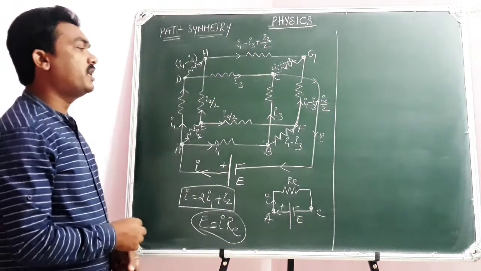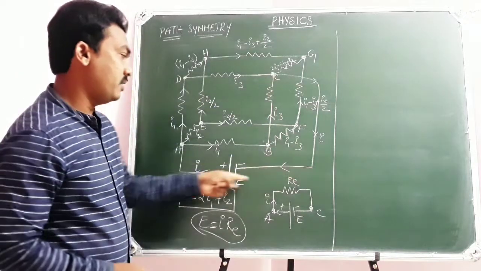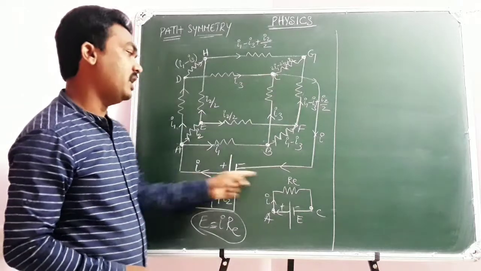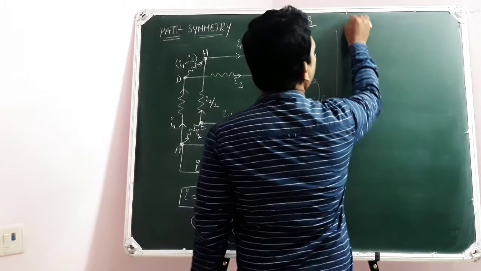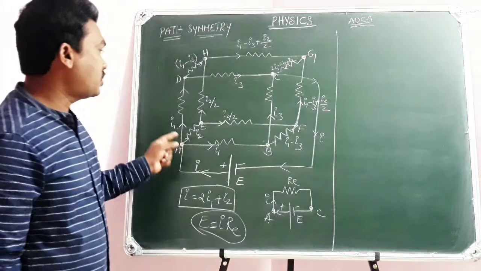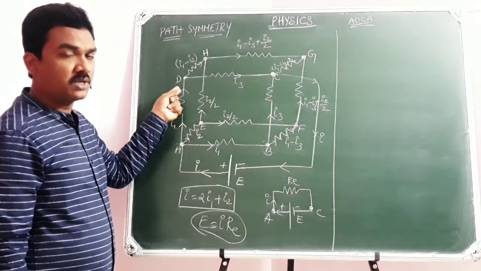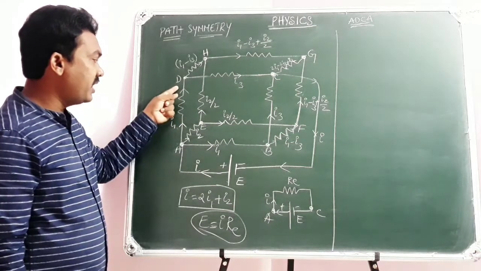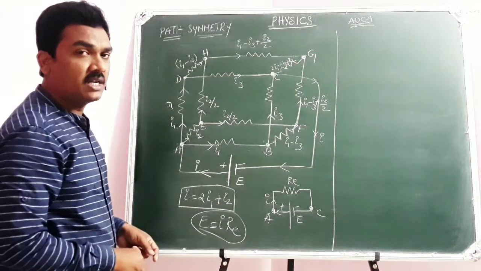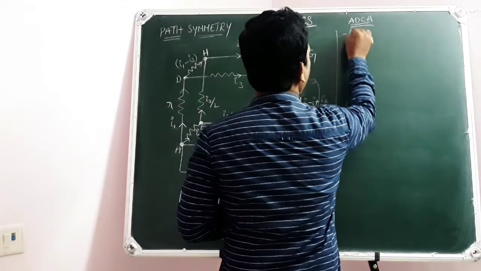So the first closed loop that I am going to take, A, D, C, A. Hope it is clear. A, D, C, A is the closed loop first I am taking. In that closed loop, direction of current is from high potential to low potential. So in the direction of current there is a potential drop. How much potential drop from A to D? I1 current through R resistance. Small r is identical resistance, I told you in the earlier class. So potential drop, minus I1R.